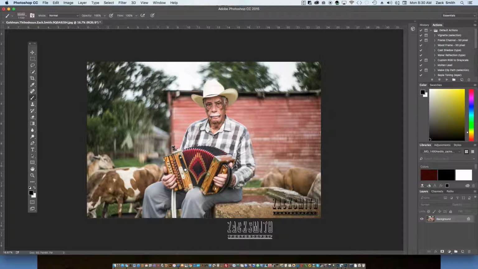We can do a bunch of things to this logo. So let's do Command Z and go up here to the flow. Let's bring it to, let's see, 30% right here, and click it again. If you notice, it barely shows up. So if you want to create a light watermark and place it exactly where you want it to, that's how you do that. So Command Z to get rid of that,